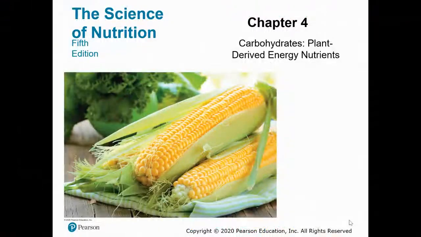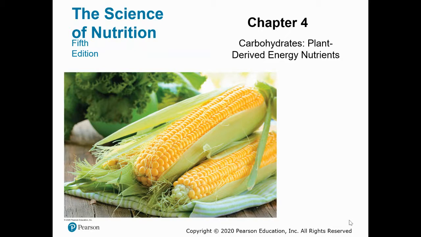So in Chapter 4, we begin Unit 2, which means we're done with Unit 1, and now we're going to move into a lot of that content that we talked about in Unit 1 in greater depth. So Unit 2 is all about the macronutrients and metabolism. So we're going to have a chapter apiece for carbohydrates, lipids, and proteins, our three macronutrients. So that's chapters 4, 5, and 6, and then chapter 7 is about metabolism, which we will focus largely on